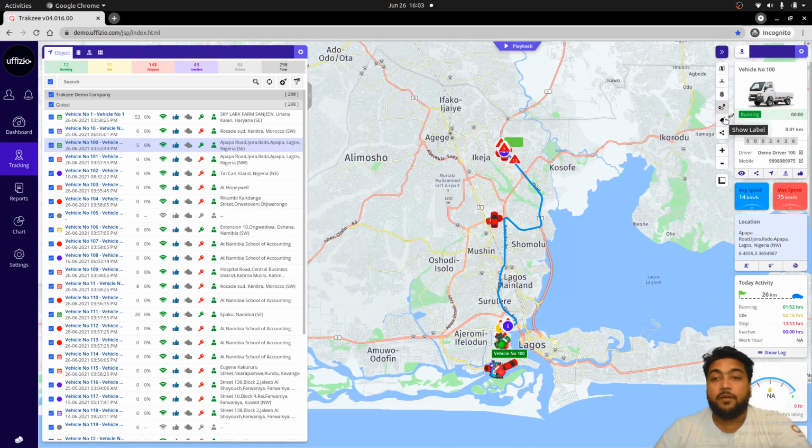Now apart from that, we have the option for show label as well as hide label. That is, when you click on the show label, the system will show you the information of the object, that is object number, in the form of label. So likewise, you can use the features of show and hide label option.